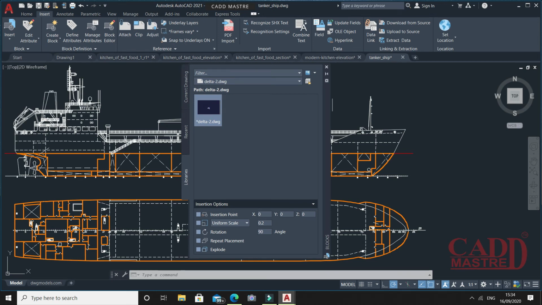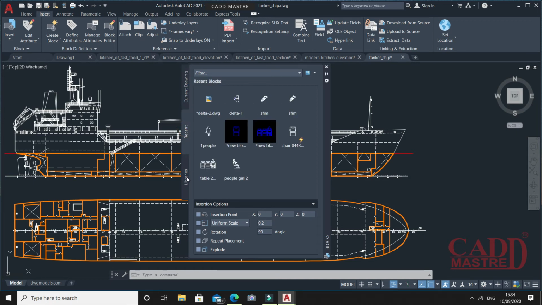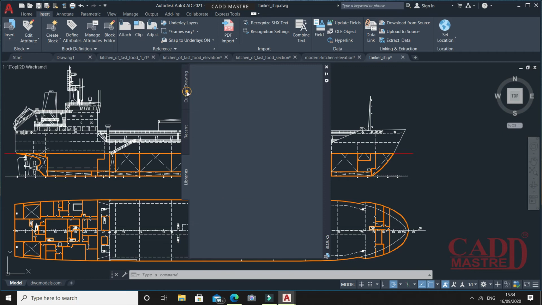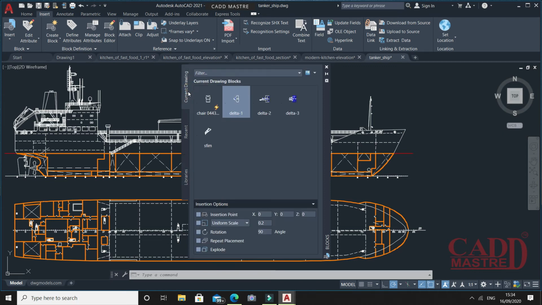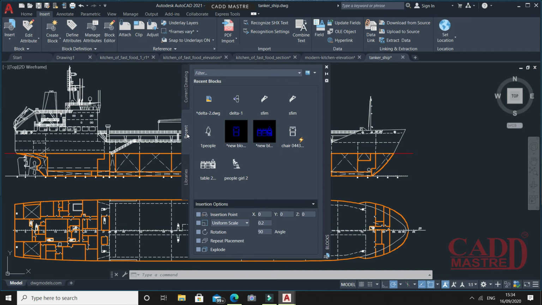Under this block menu, you will find the 3 tabs, that is the current drawing, recent and the libraries. In the current drawings, you will find the blocks currently present in the working drawing. Under recent, you will find the blocks which you recently created with AutoCAD 2021.